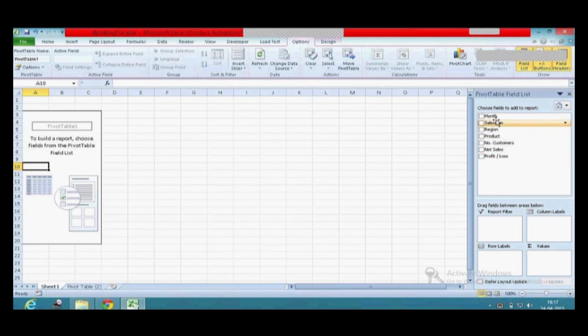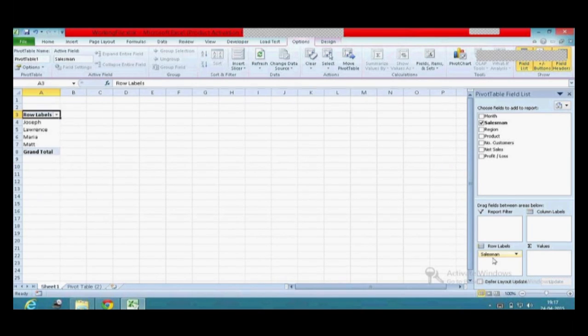So now if you are new to Pivot or you've been working randomly in Pivot, you'll be thinking where exactly to add what column. For that, please look, I can choose the salesman. I can say I'm going to have a row-wise salesman. So when I drag and drop the salesman into my row label, you can see that it will show the salesman here.